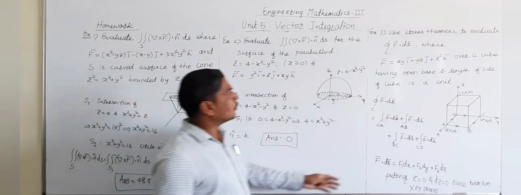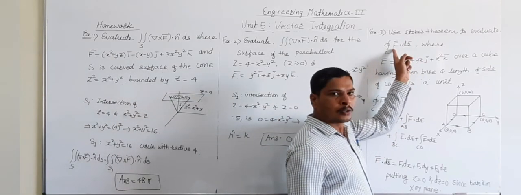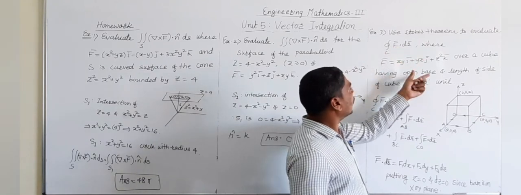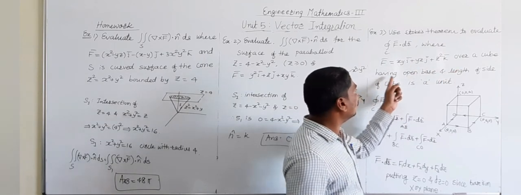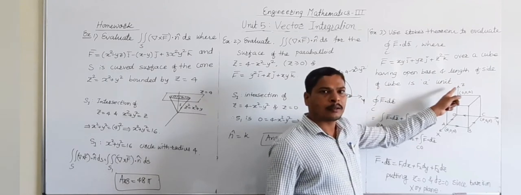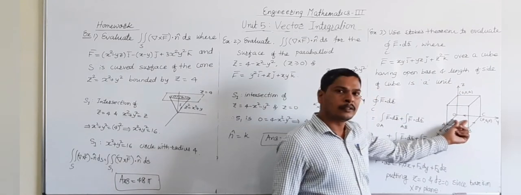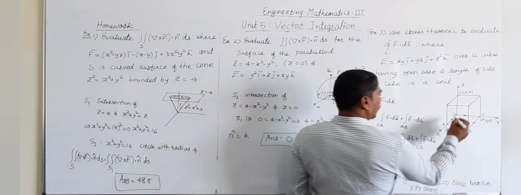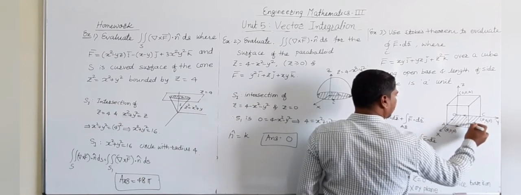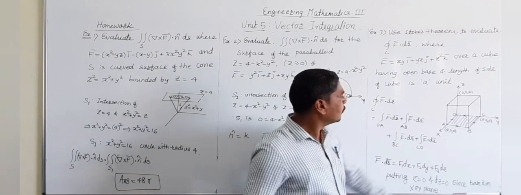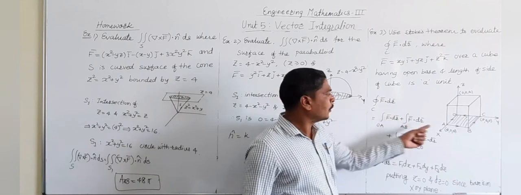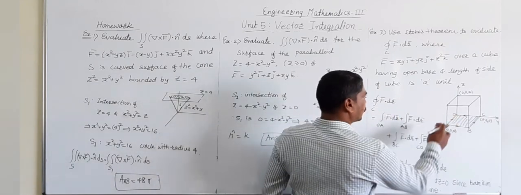Answer is 0. In third example, our requirement is to evaluate circular integral of F bar dot dr bar over C, and we have given F bar over a cube having open base and length of each side of a cube is a units as per shown in our diagram. So this is our base. I will save this, then you can easily see. This is our base, and we require circular integral over curves. Okay, so we have shown this by arrow.